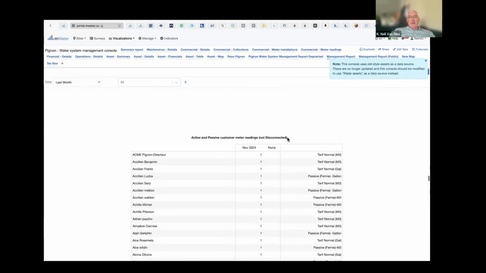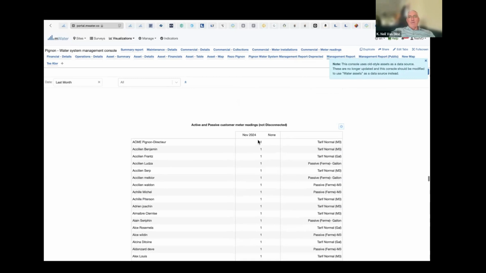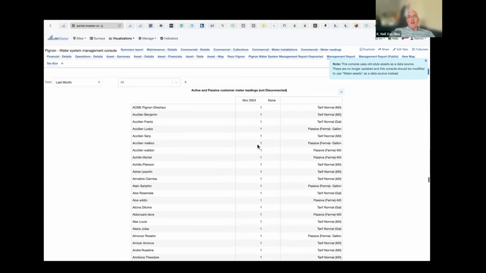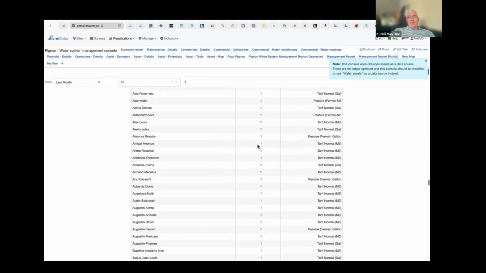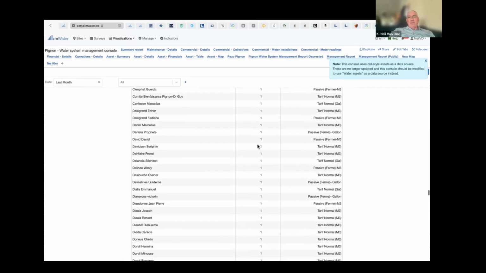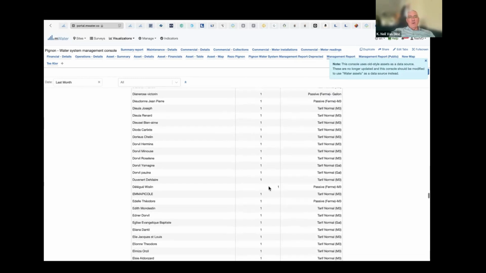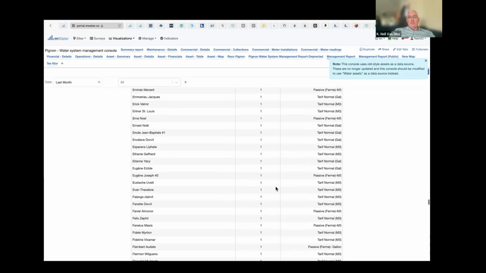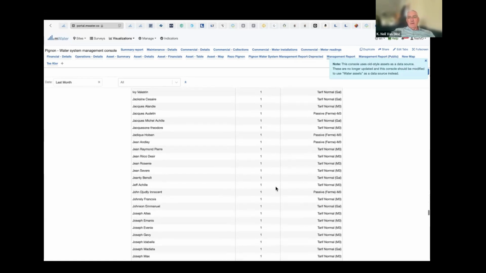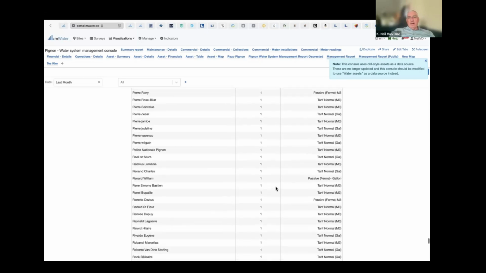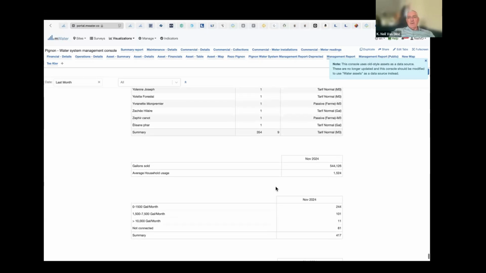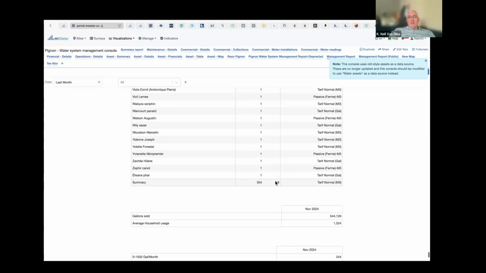This tracks which water meters were read this month or not read this month, or have gone more than 3 months. I can see that in November, there was only one that didn't get read, and it aggregates at the bottom. So for the month, there were 9 water meters that didn't get read out of all of them.